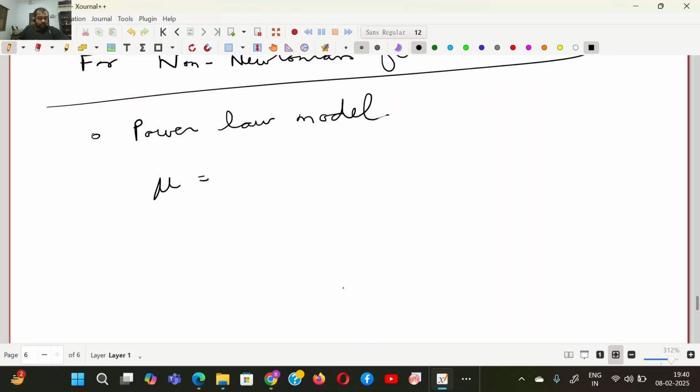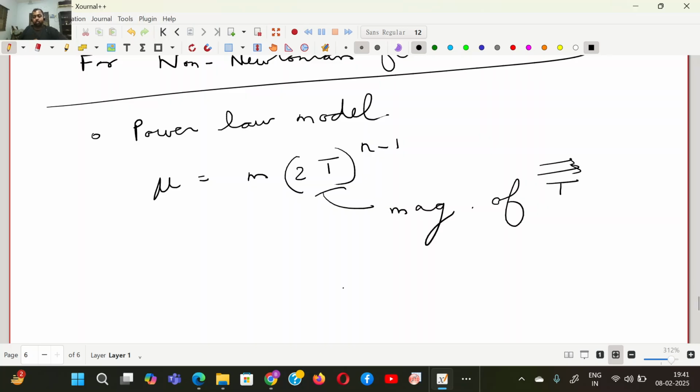Mu is some index into 2t to the power n minus 1. This 2t is just the magnitude of the rate of strain tensor, okay, gamma. So